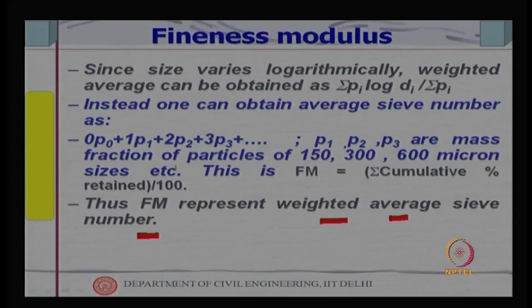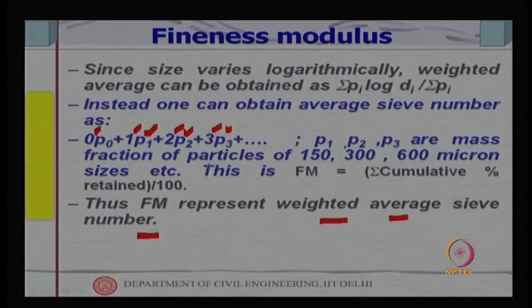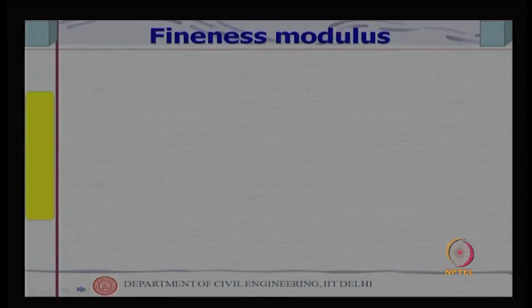What we do is we give the sieve number, least size as 0 or 1, sieve number 2, 3, 4, etc. If I want to find out a weighted average sieve number, then the weighting functions are nothing but P1, P2, P3, where P1, P2, P3 are the proportions of that size aggregate in the total aggregate. This concept we will discuss in the next class in the beginning, and we will discuss one more concept